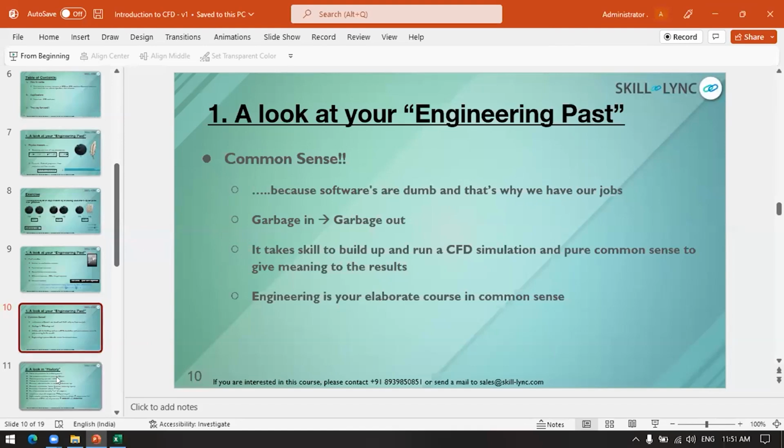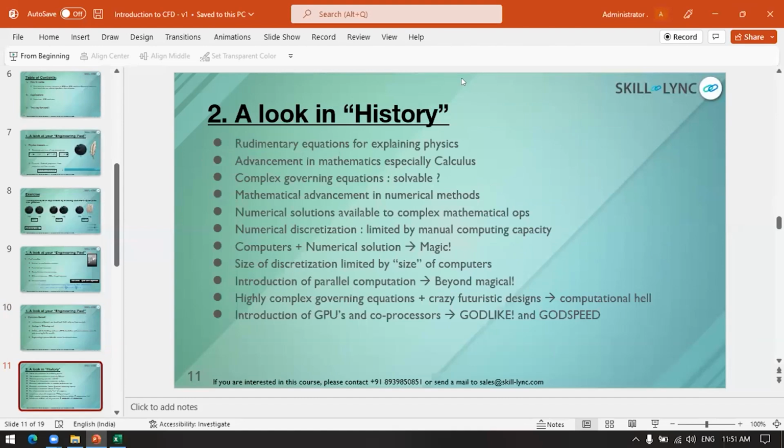Thank you guys. In the interest of time, I will quickly walk you through history, but this is not something that you have to memorize. It's just for your general understanding. If we go a lot of years back, you had some very rudimentary equations explaining physics. This was probably the time when, let's say, an apple fell on Newton's head, or that far back. At that point you didn't have very elaborate mathematics or physics, so you had some very rudimentary equations.